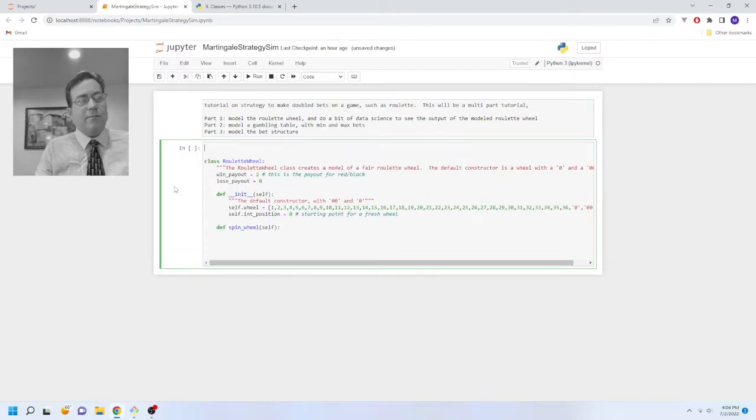So for that, I'm going to have to import the function random. And that is something that'll be useful for pulling out random numbers. So we'll type import random at the top, and that'll give us the ability to use random numbers. So what happens? You type self.int position, and it's going to equal random.randint